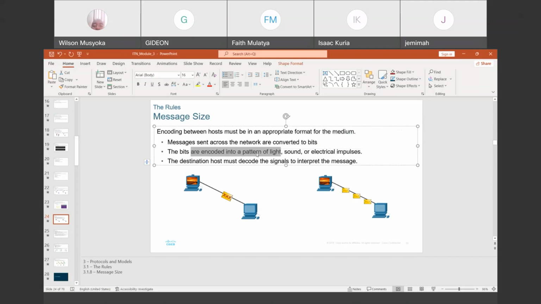If we are using fiber optic cable, then we are talking of light. If we are talking about multimedia transmission, then there will be sound. If we are talking about cabled networks, then we are talking about electrical impulses, so that the destination host is able to decode those signals and interpret the message. So that is what we are talking about, the sizing and the kind of encoding and decoding that will take place.